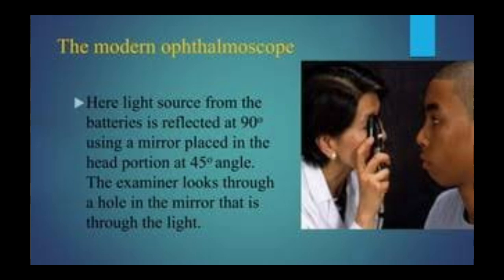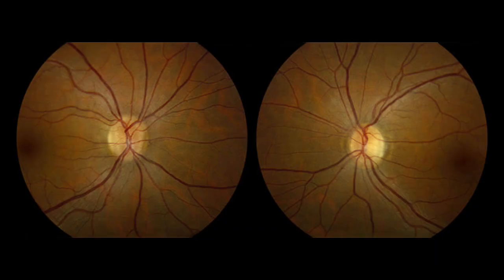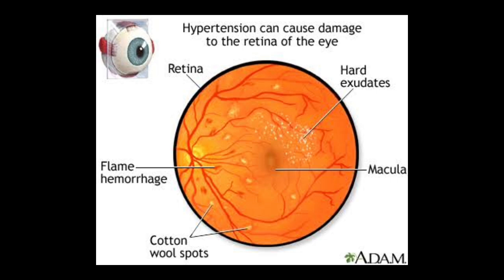The procedure of how we do ophthalmoscopy is we ask the patient to look at some distant object, and then after switching on the light we come closer to the eye of the patient, so close that we are able to appreciate any blood vessel on the fundus. Then we trace it till the optic disc, and this is how we visualize the whole fundus, the margins of the disc and all the blood vessels. This is a normal retina where you can see the optic disc and blood vessels.